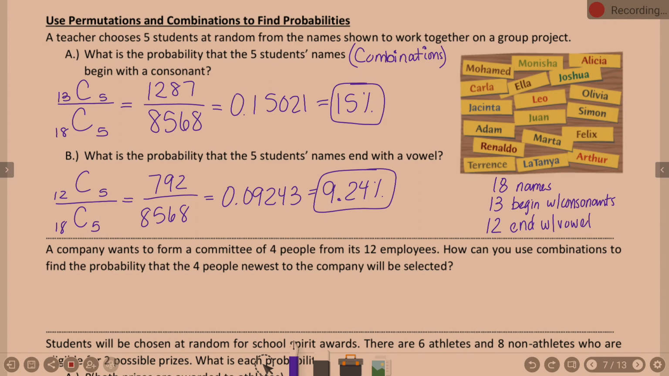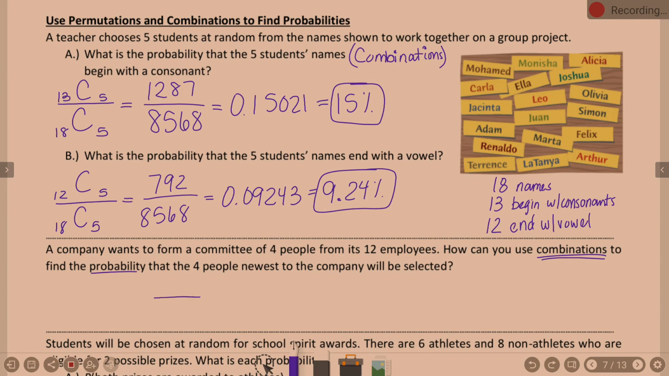A company wants to form a committee of 4 people from its 12 employees. How can you use combinations to find the probability that the 4 people newest to the company will be selected? Okay, it told us right up front, right? Combinations. We're talking probability. So when I go to set this up,